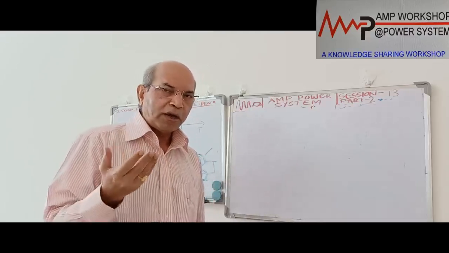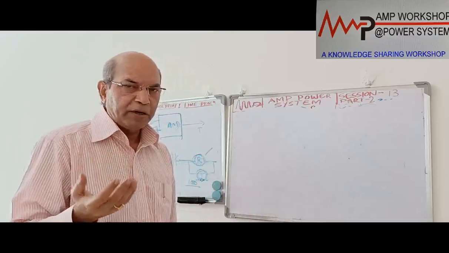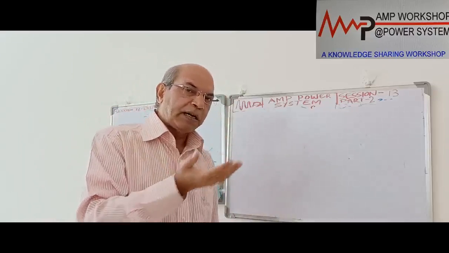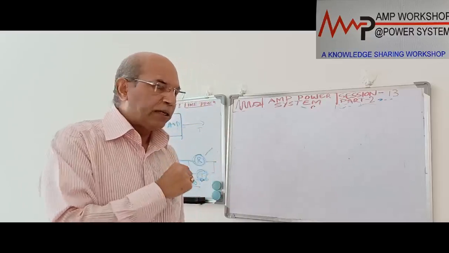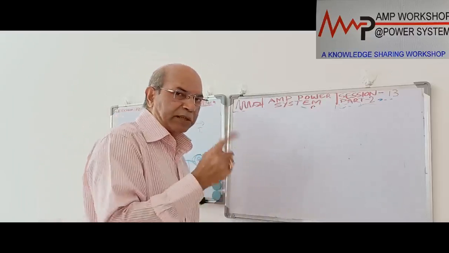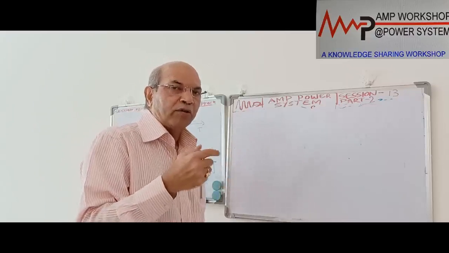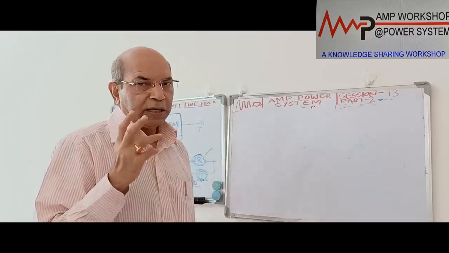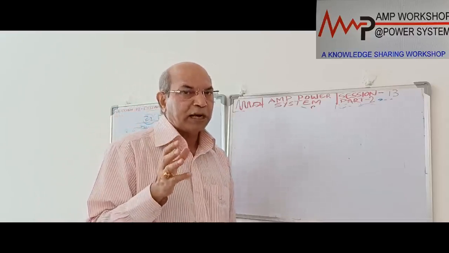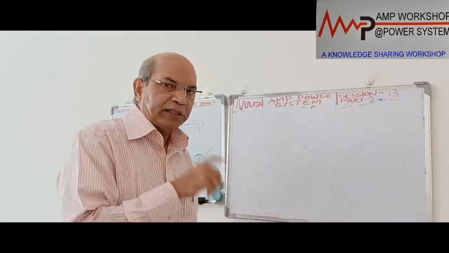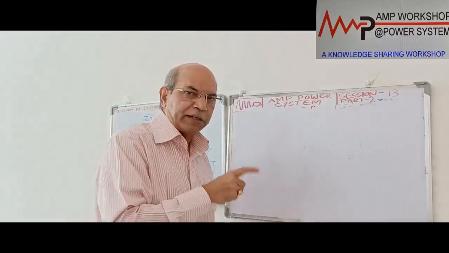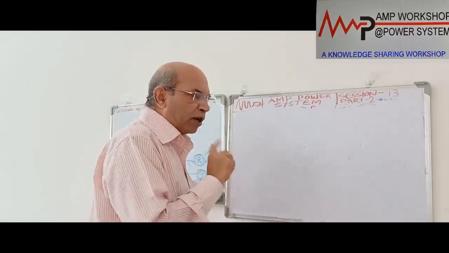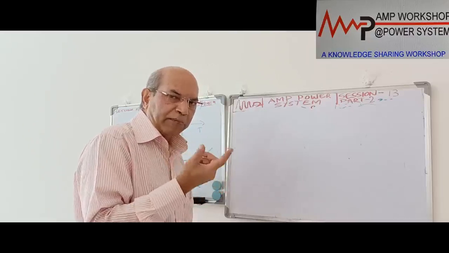But in the case of the blocking scheme, it is very dependable, because it operates with the remote end's reverse looking element giving the signal, and only then will it be not tripping or tripping. So it is dependable, but security is low. But in the case of the permissive scheme, security is high, because the channel signal is present and the overreaching element is there. So it is secure, but in dependability, the blocking scheme is more dependable than the permissive scheme.